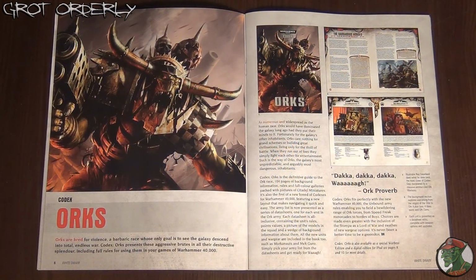Next is something that we've all been waiting for, and that we knew was going to be the cover for the new Orc Codex. Some of us have already seen it. Some of us bloggers have already told you that this is going to be the cover of the new Orc Codex. Anyway, this codex is going to be £30, €39 or $45.50, and it's going to come out on 28th. Finally, after almost 6 or probably even 7 years of waiting, we've got a new Orc Codex